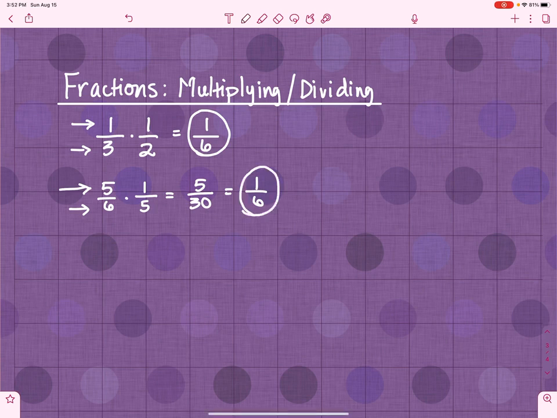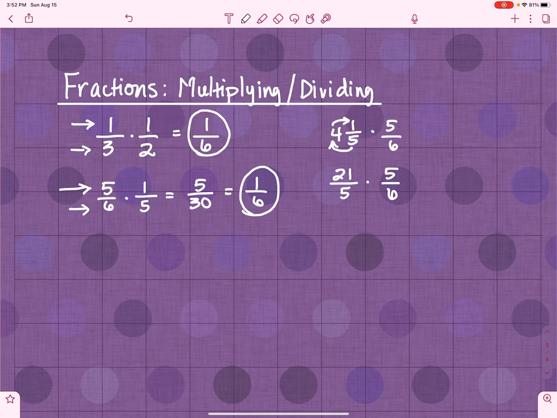All right, let's get really crazy. What if I give you something like this? 4 and 1/5, that's a mixed number, times 5/6. Well, in order to multiply these, I need to change 4 and 1/5 into an improper fraction. So how do I do that? Well, I multiply these, so 4 times 5 is 20, and then I add the 1. So that's going to give me 21 over 5